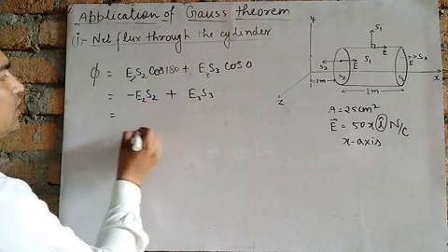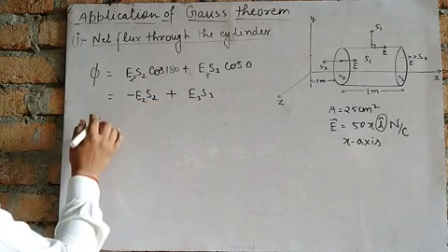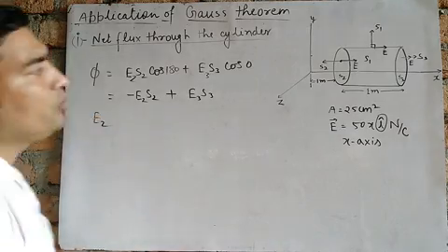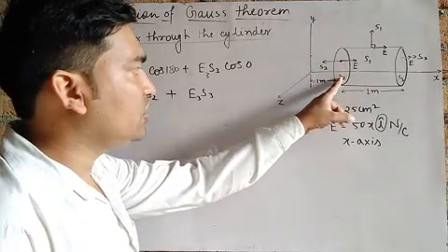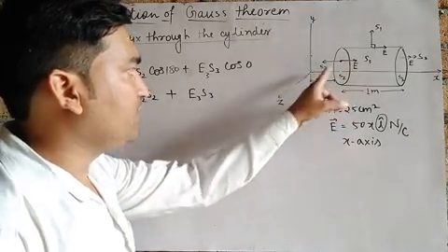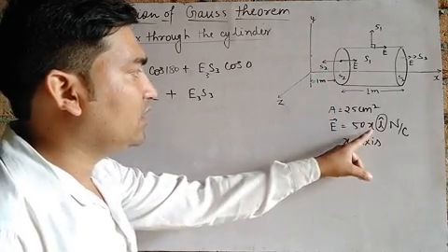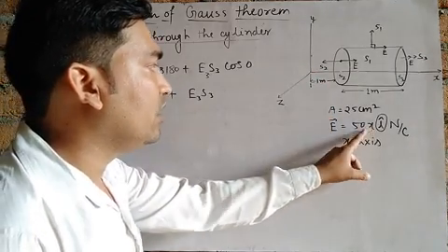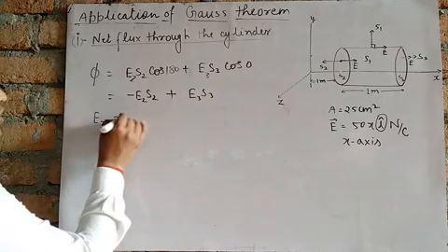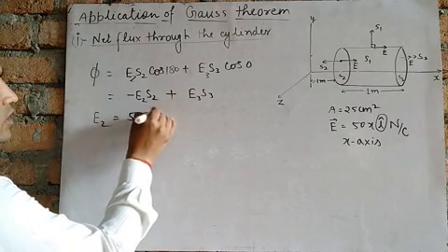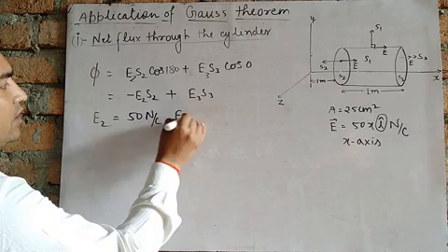First of all we have to calculate E2. E2 means at 1 meter, the distance of this surface from the origin is 1 meter. Then place x equals 1, and we find E2 equals 50 Newton per Coulomb, and E3